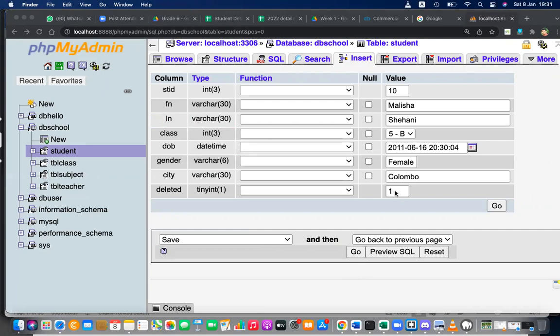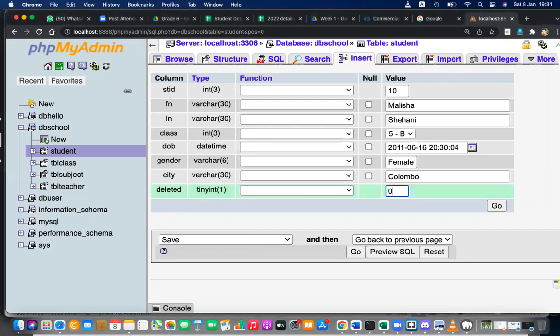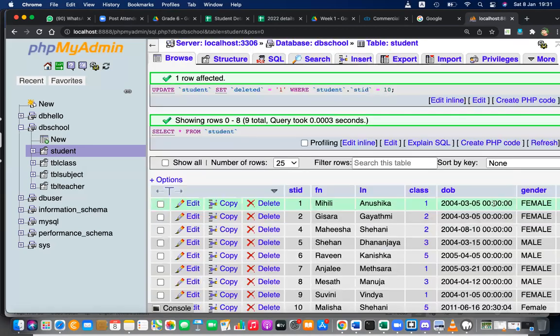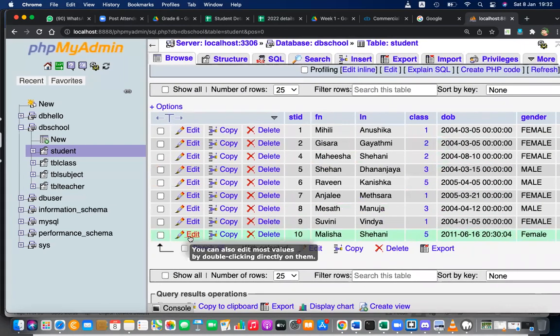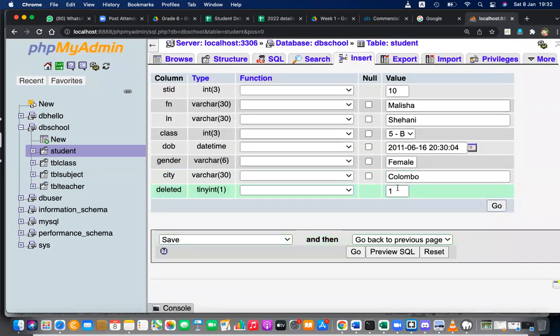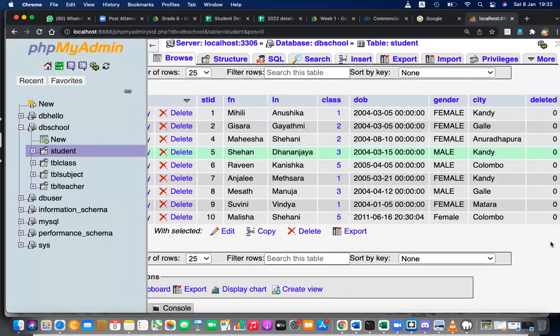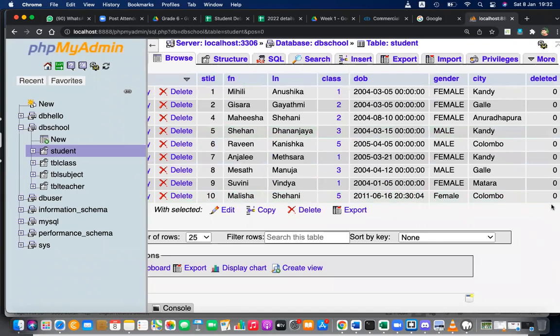Here also, that's why I put this column deleted. So when deleted is 0, it's not deleted. But when deleted is 1, I'm not actually deleting. Instead of that, I'm updating, and then I can identify that the 0 status records are not deleted, but the 1 status records are deleted. But if I want that back, I can edit and get it back. I can just put 0 and my record will be available to me. So that is the advantage of updating without deleting.